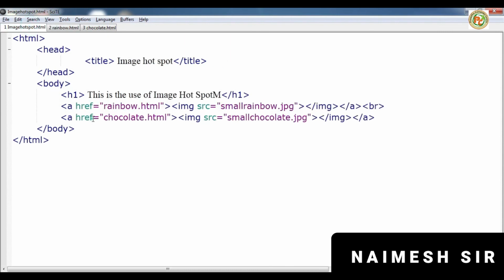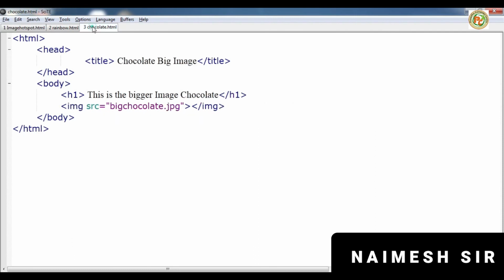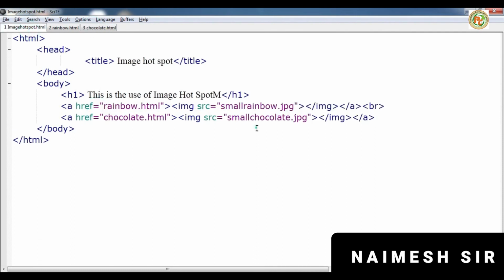Similarly we created another anchor tag, inside which the chocolate HTML file will be called, and in that we put the bigger version of the chocolate image. This is very simple coding, and you can learn here how to create the hotspot or how to give a link on an image.